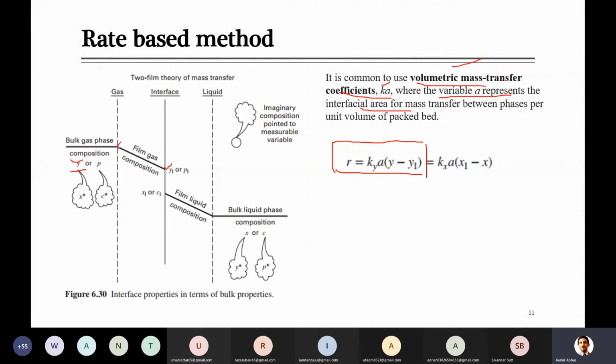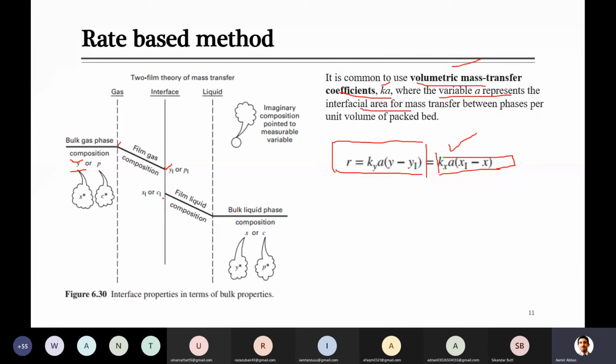Because here it is Y and then this is Yi, there is a difference inside this. Due to this, mass transfer will be taking place. The solute component will be transferred towards the interface, and when it comes to the interface, it jumps towards the liquid, because the concentration in the liquid is even less than this. So when you look at the liquid side, the rate of transfer of this solute will be equal to the mass transfer coefficient multiplied by the concentration gradient.